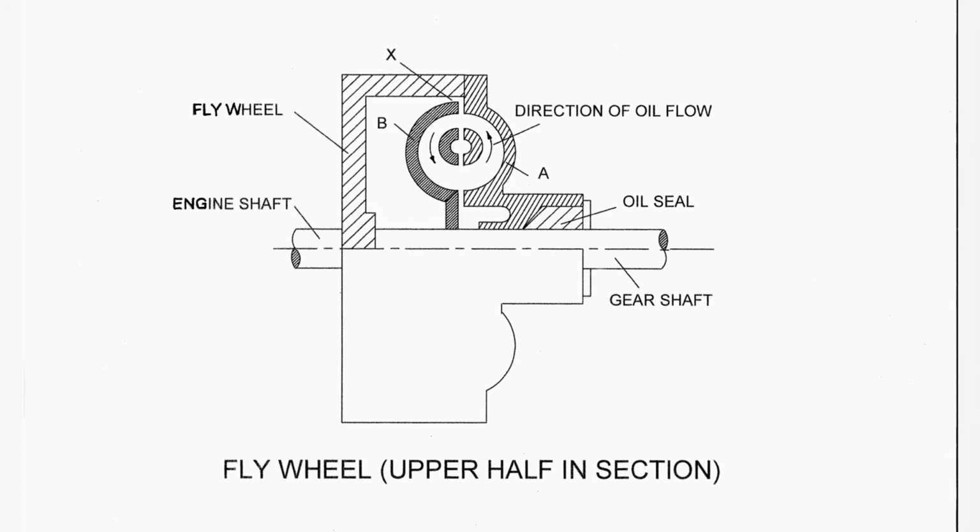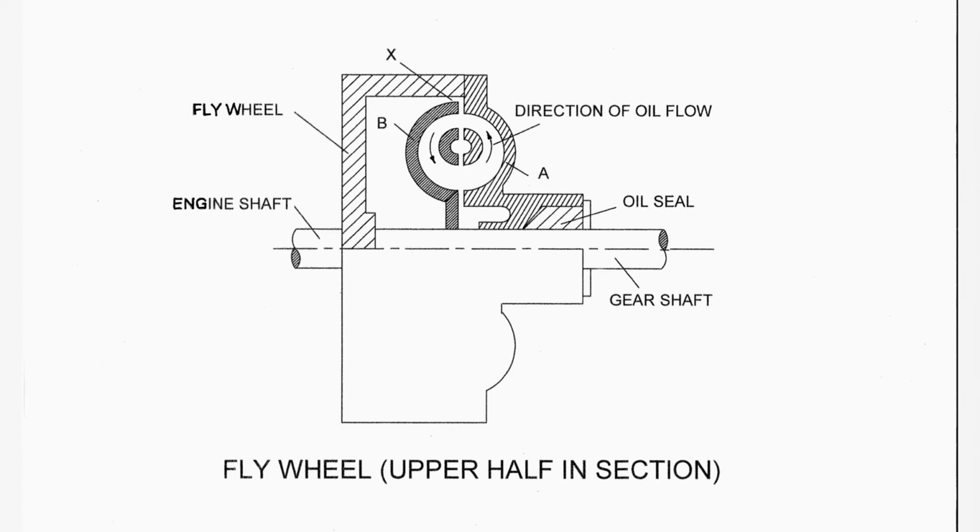In the previous episode, we have seen how the transfer of energy takes place. It is also known that the speed of the gearbox shaft will not become equal to the speed of the engine shaft, because if that happens, there will not be any flow of fluid in the passages and transfer of energy will not be possible. So the two shafts are rotating at different speeds.